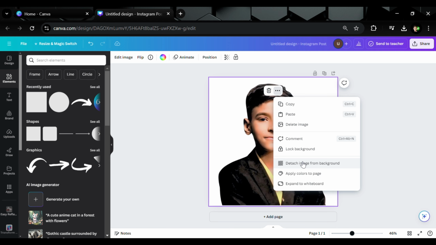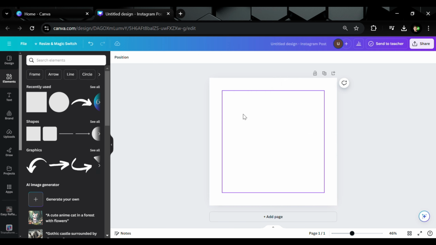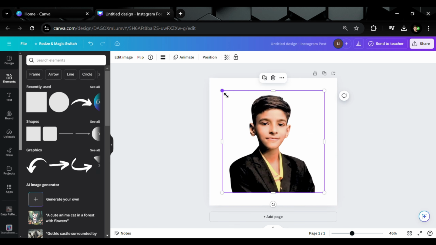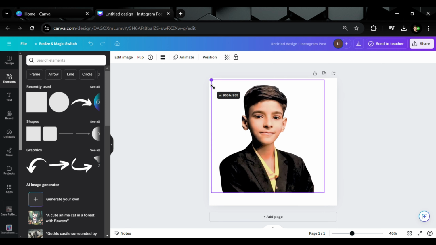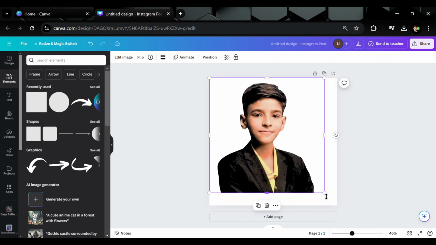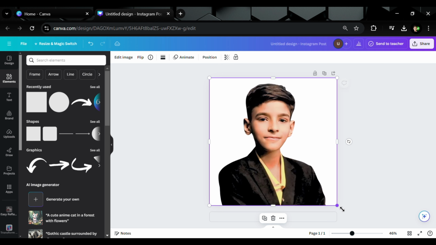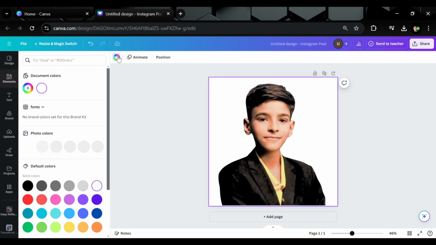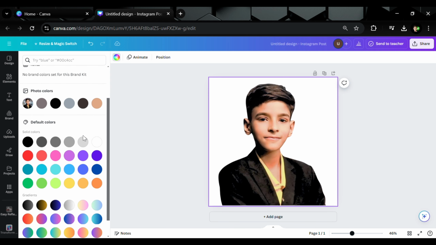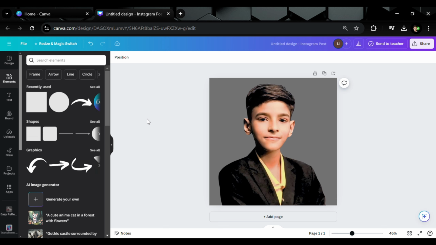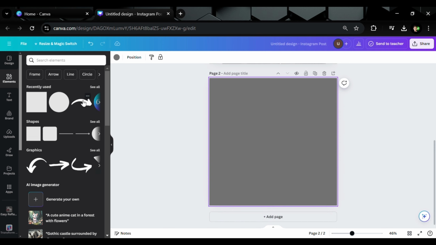Now detach image from background and drag it like this on the corners to the corners, and now change the background color. You can choose any color of background, like I am choosing this color. And after that, add new page, select the box